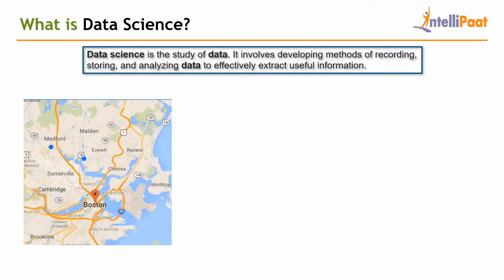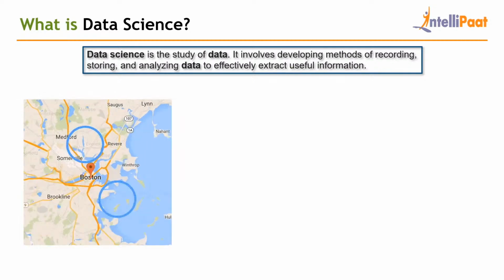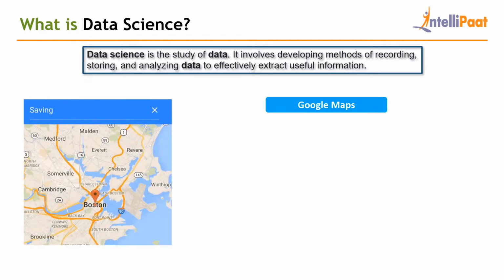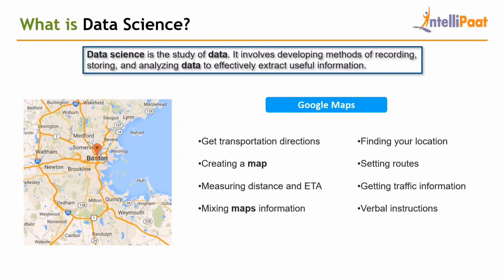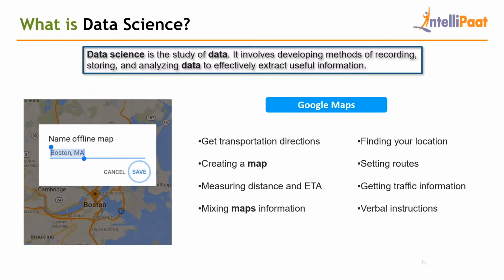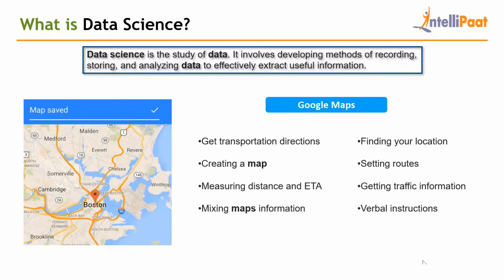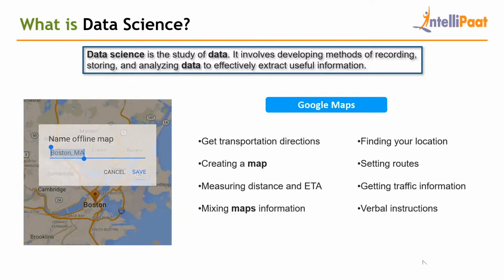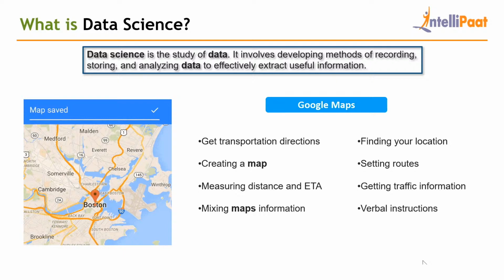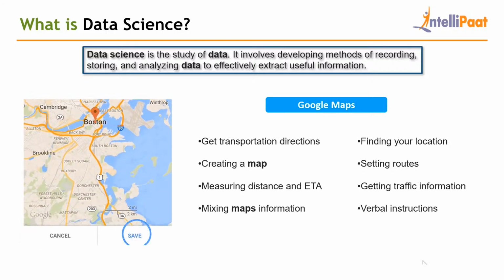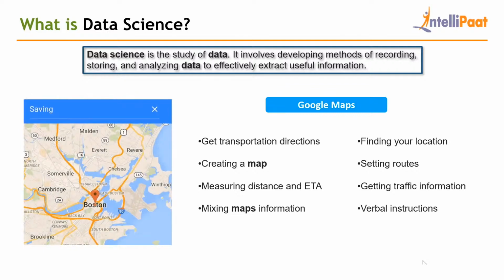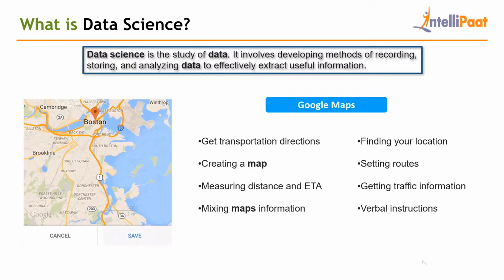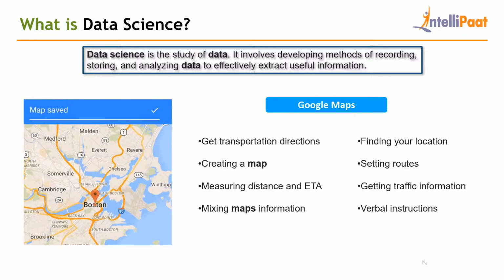We'll talk about one of the applications of data science, that is Google Maps. We use Google Maps in our day-to-day life for traveling from one place to another in the city, and we just enter the location where we are and the destination where we want to go, and Google Maps gives us the best optimized and the shortest path that we can follow for traveling, and it also shows the traffic in the route and how much time is required to reach your destination.